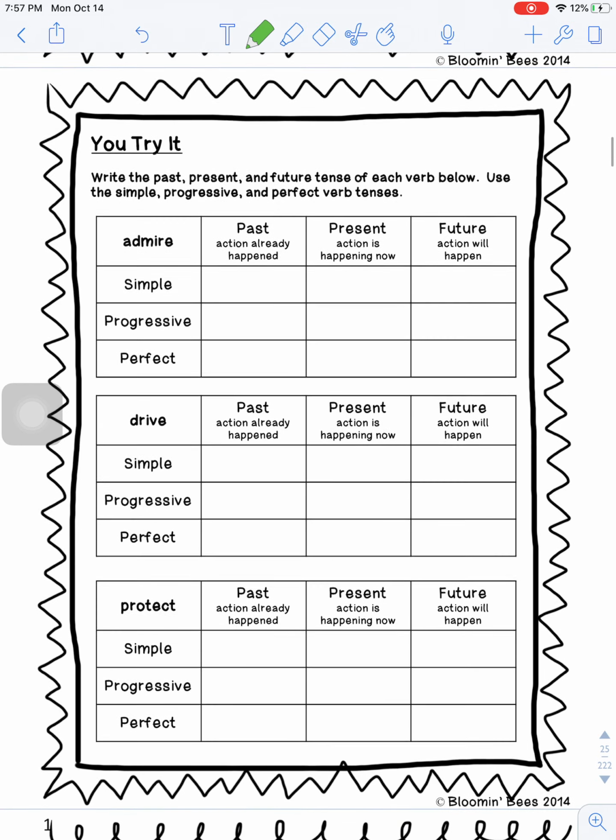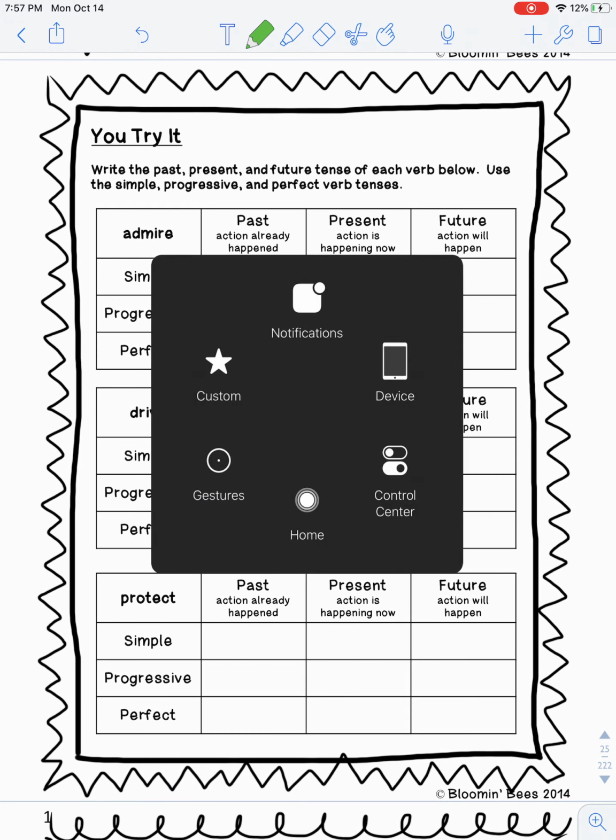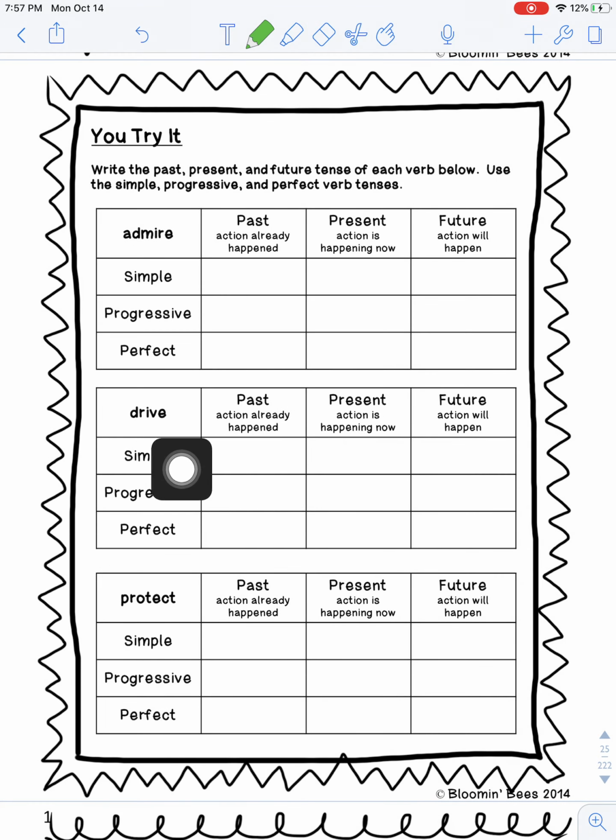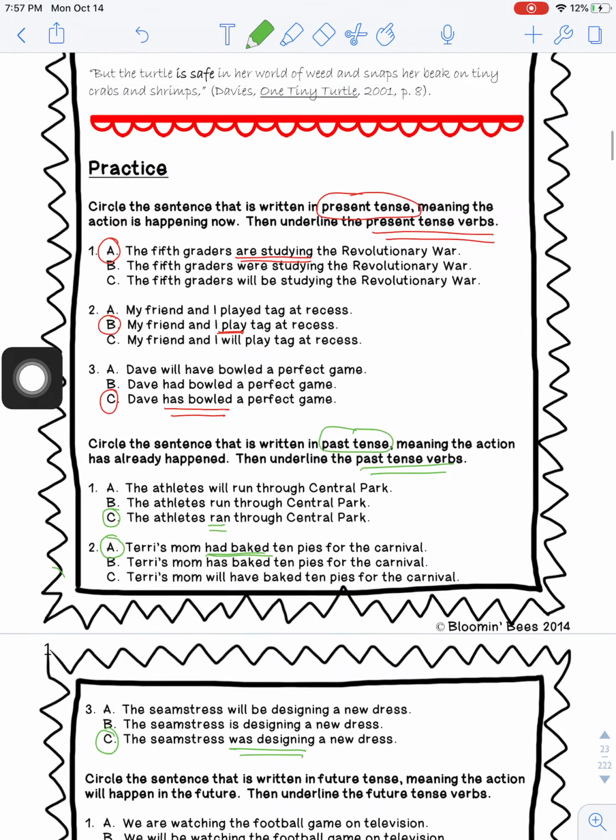And these are your 2 sheets. Just keep in mind that for this particular page you have here, you have to write the past, present, and future tense of each verb. Use the simple, progressive, and perfect verb tenses. So you will need to make sure that you kind of mimic what has been done in the first notes